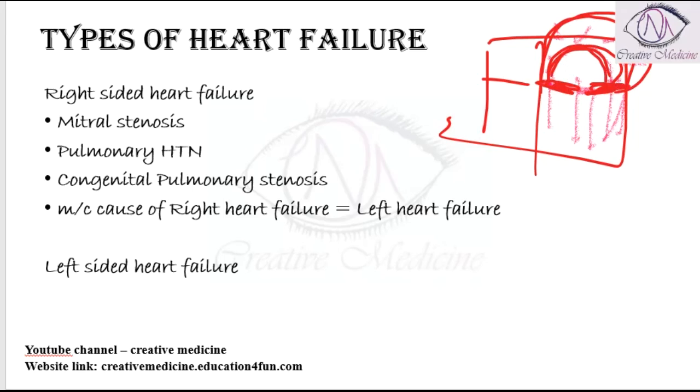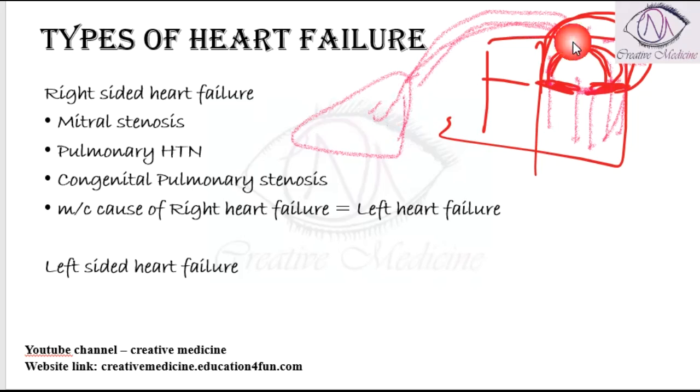Now whenever the left atrium undergoes hypertrophy, remember this left atrium is getting blood from the lungs, right? The pulmonary circulation should give the blood to the left atrium. Now the problem is, because of this hypertrophied left atrium, the pulmonary circulation finds it difficult to send the blood to the left atrium, and as a result pulmonary hypertension will develop in the patient. First there will be pulmonary artery remodeling with pulmonary hypertension, and because of this there is increased pulmonary arterial pressure.